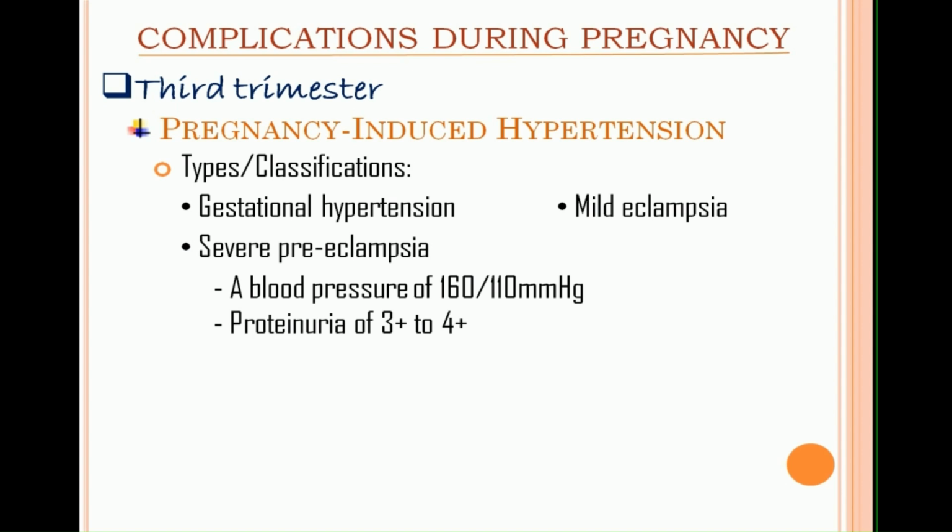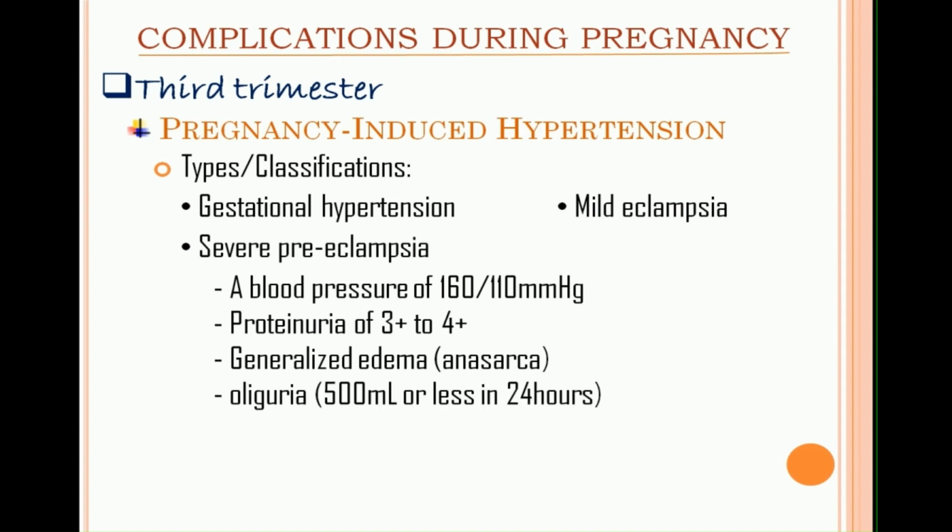proteinuria of +3 to +4, generalized edema, and in this type, there is a potent vasoconstriction that results to a decrease in blood supply to vital organs like kidneys, liver, and brain. A decrease in blood supply to the kidneys will result to oliguria, while a decrease in blood supply to the